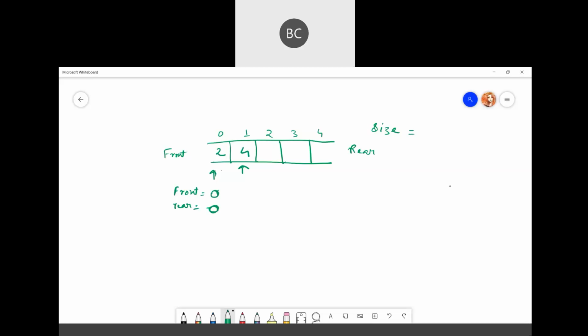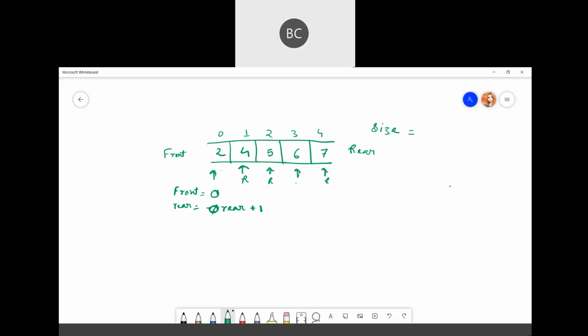So you implement rear equal to rear plus 1. Now here is the rear. You want to add some more, rear will be here, you again do rear plus 1. Again rear will be here. And finally, suppose we added everything, rear will be here.